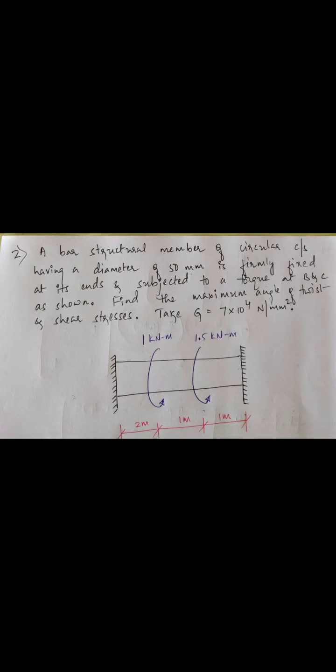In general, the torque applied will be in anti-clockwise direction, and the sign convention we are using is that for anti-clockwise direction of the applied torque, the sign is positive. Convert the value of rigidity modulus G from Newton per mm square to Newton per meter square. Then you substitute in the relevant formula to get the required answer.